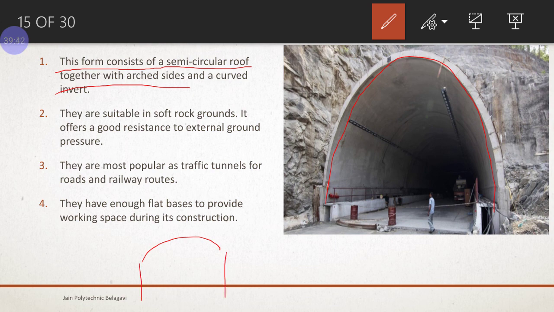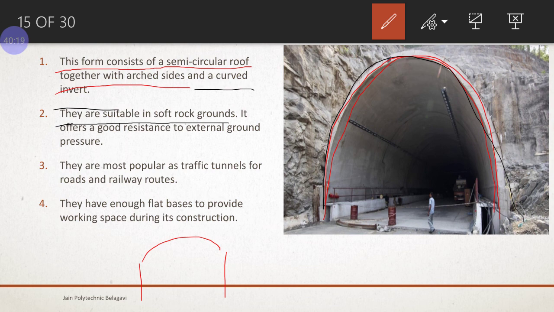In this case, it is a fully curved section, curved inward. They are suitable in soft rock grounds. So understand the difference. The D shape or segmental shape is used in both conditions, that is for soft as well as hard rocks. In the case of a horseshoe shape, this is only used for soft clays.